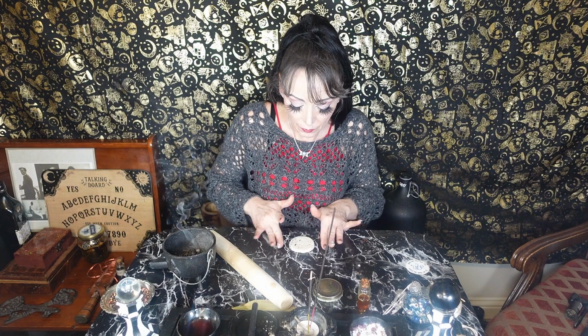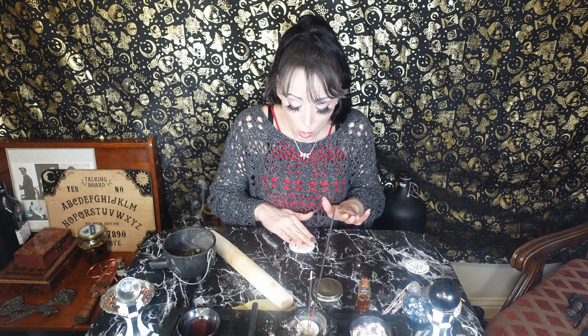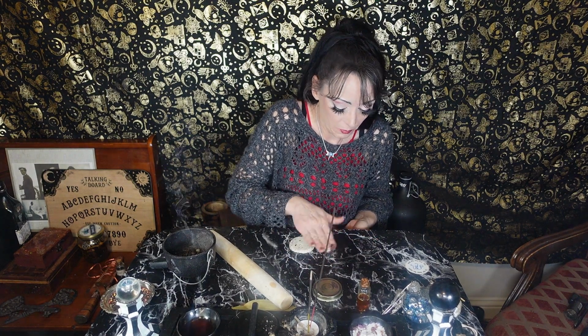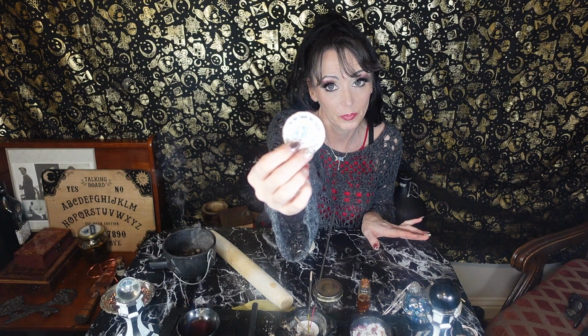Now, you are going to draw your sigil on here or carve it, and then you're going to inscribe into it. Now, the way I did this was I made on my computer my sigil on sticker paper,